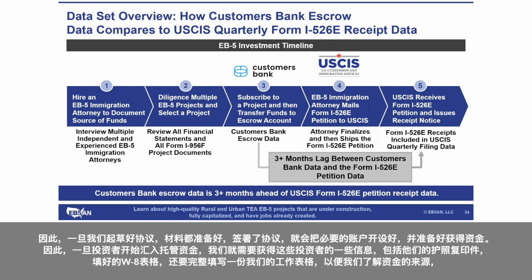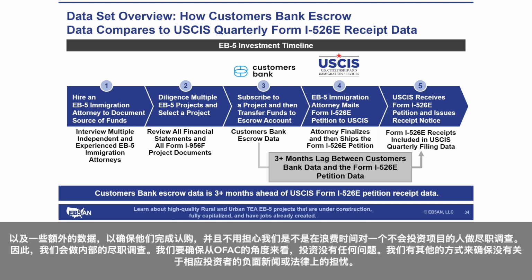So once we proceed with drafting the agreement, get that in place, it's signed, we then have the necessary accounts open and ready to be funded. So once investors start sending in their escrow proceeds, there's some information that we would require for the respective investors, including a copy of their passport, a completed W-8. There's a worksheet we have them complete so we understand the source of funds, and some additional data just to